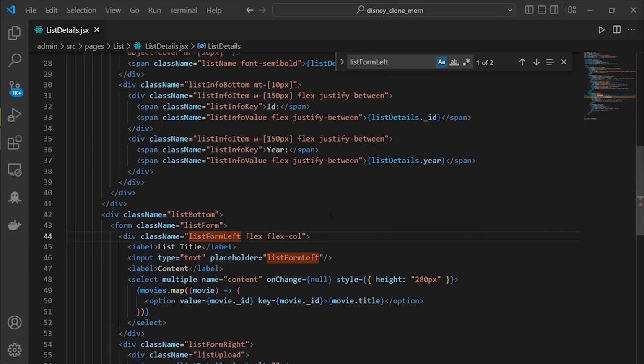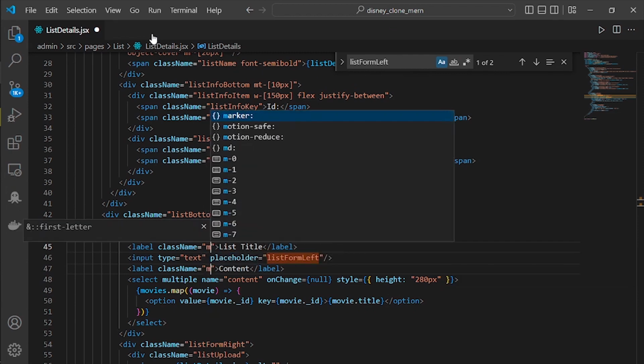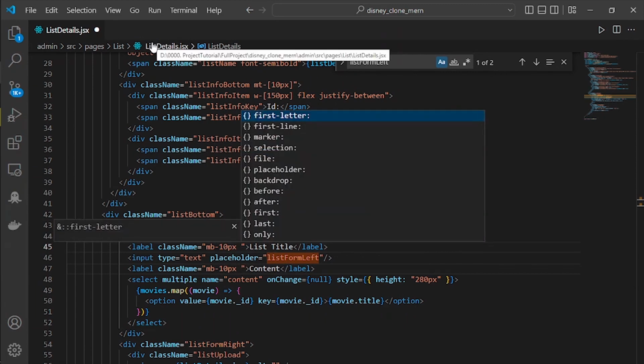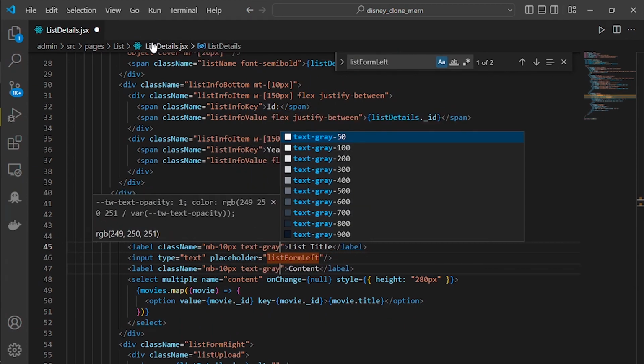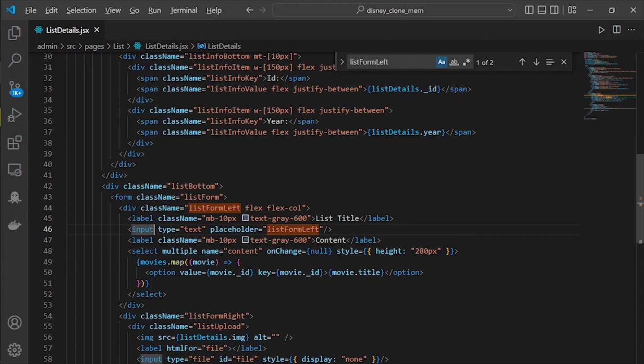After we give a style to this list form left, we will give a style to this label here. It will have class name equal to margin bottom is 10 pixel. And then for the color, text color is going to be gray, and then 600. Let's save it. For the input here, we are going to give it class name equal to,